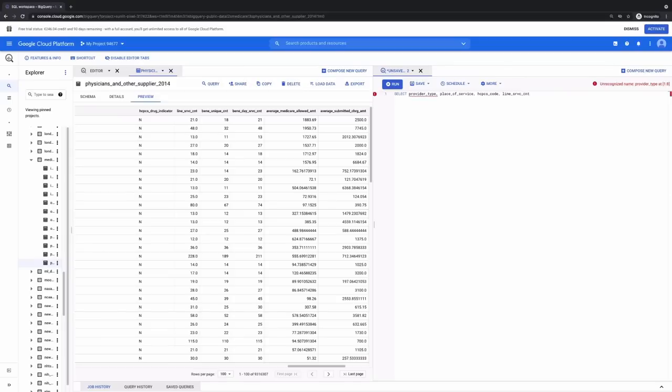Now, we have decided to select all these fields. So the provider type, the place of service, the HCPCS code, line service count. We've decided to select all this. However, we want to select this from the table called the physician and other supply. So then we will